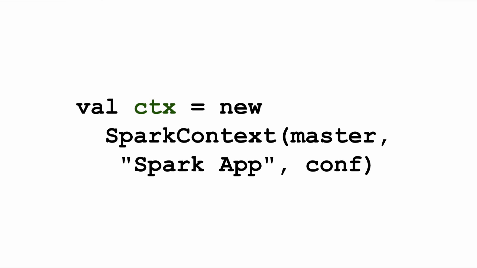To start with Spark, you need to start with what's called a Spark context. Spark has this hierarchy where all of your data is processed inside of a Spark application. The Spark context is responsible for creating the application, so there's a one-to-one relationship with that. The Spark context will exist in something called the driver program, and I'll talk about that later. But in this case, all we're doing is taking in the configuration for the master, so where the cluster is that we're talking to. We gave it a very creative name called Spark app, and we gave it the configuration properties for things like which ports or settings we want to use by default.